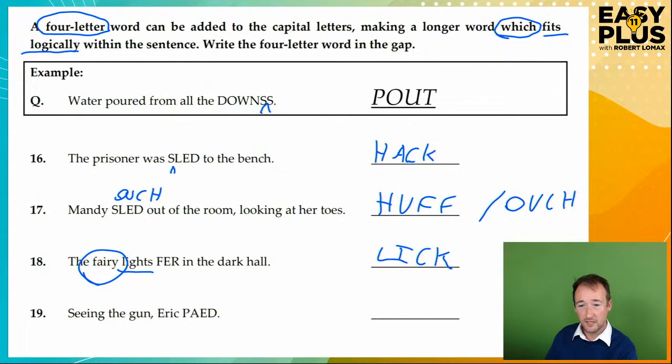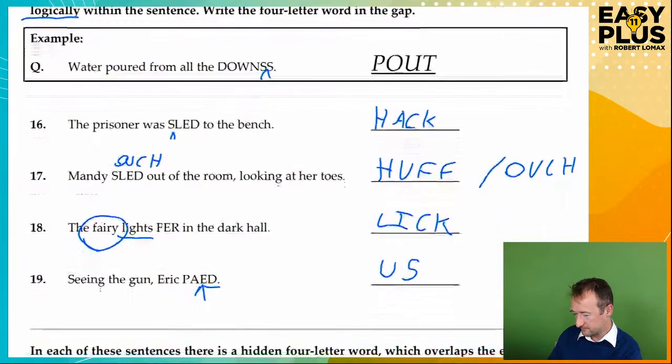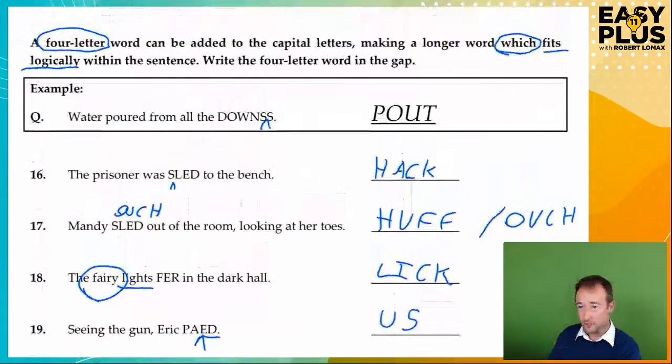Seeing the gun, Eric, P-A-U-S-E-D. Now, pretty sure this is going to end with ed, because it's something that someone does or did, so it would be a something-ed verb, pretty likely, even if not certain. Seeing the gun, Eric, oh, I can see this, Eric paused. Perfect, that is a word. Paused. Let's move on. Let's not move on, because